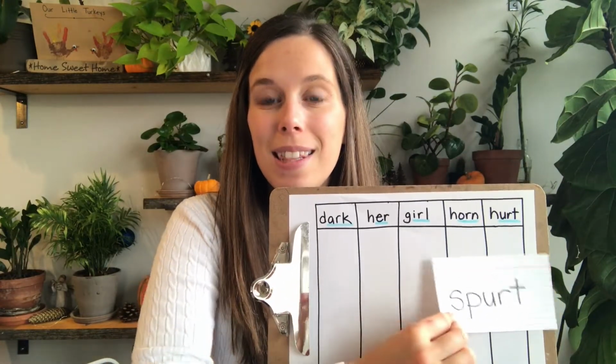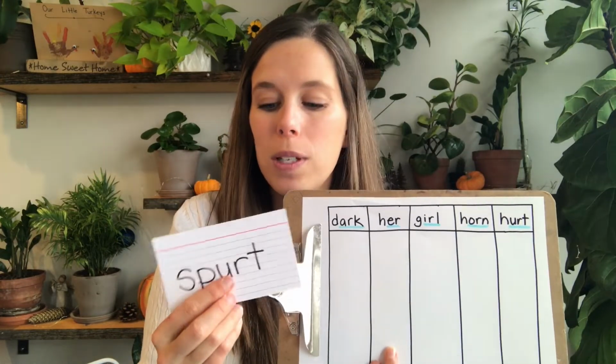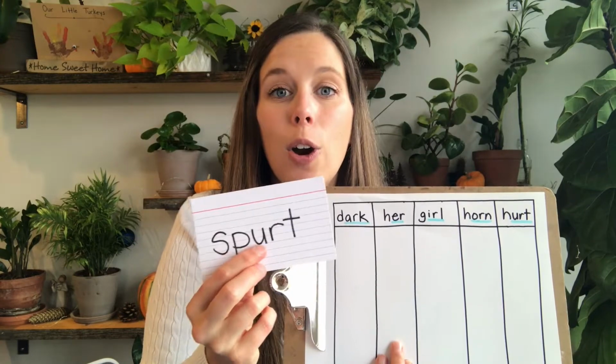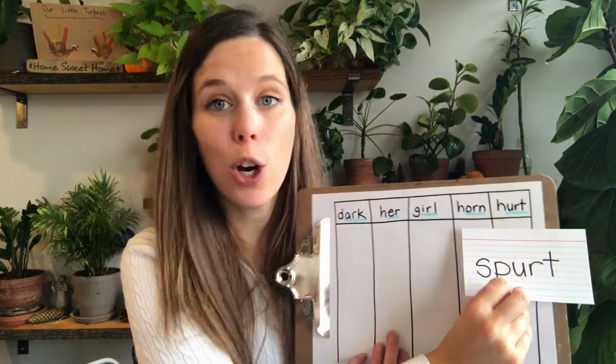So stage 1 is kids are reading a word on an index card. They are reading the word, and they have to read it out loud, and they need to figure out which column this word belongs in. They have to notice the spelling pattern. So the goal here is for them to notice the URT. So sp, ert, spurt. Spurt sounds like hurt.